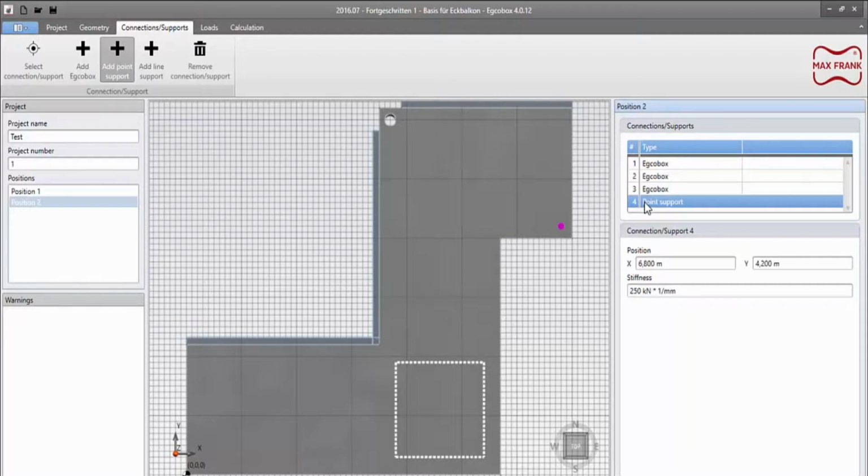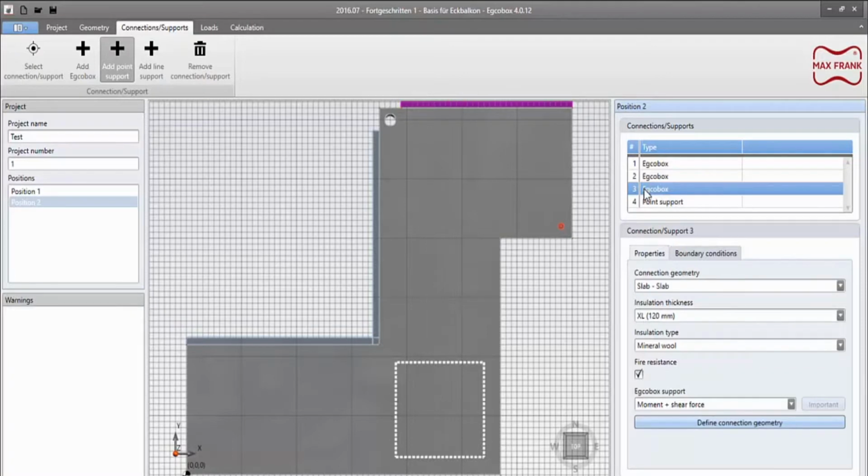We do not need an element for transmitting moment and transverse forces for the column that is currently there. To adapt this, we select Connection 3 in the detail view. Here in the lowest drop-down field, there is the selection of the Egcobox support. In the drop-down field, 3 connection types are available. In addition to the connection for moment and shear force, there are also selection options transverse force and shear force